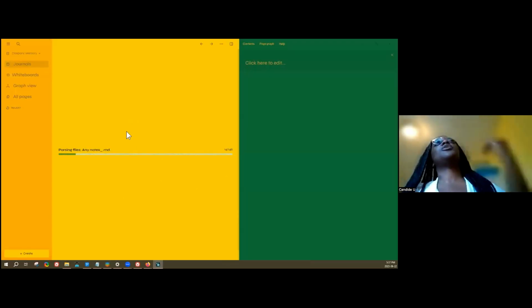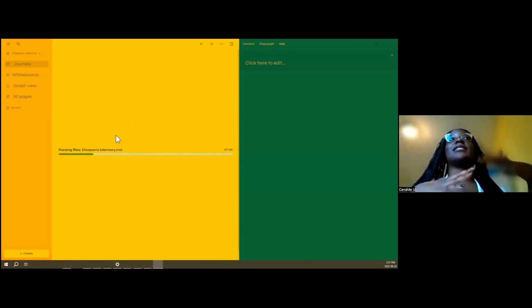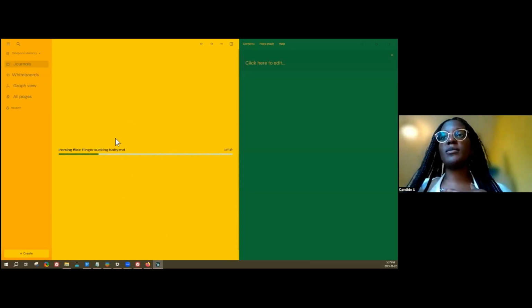Okay, this is, in a sense, the back end of the Diasporic Memory graph. It's just loading because there are a lot of entries.